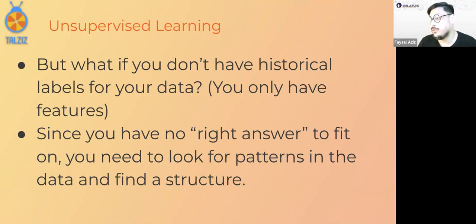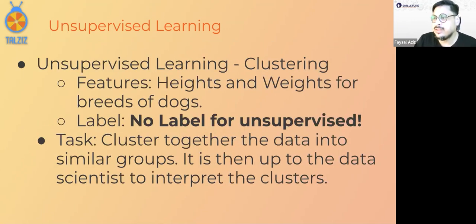You as a data scientist have to interpret the data. This happens quite a lot, especially with demographics or behavioral patterns. The machine clusters the output, and you have to try to figure out what it clustered it as. That's when this is unsupervised learning, where there is no label. It just gives you an answer, and as a data scientist, you have to interpret it.